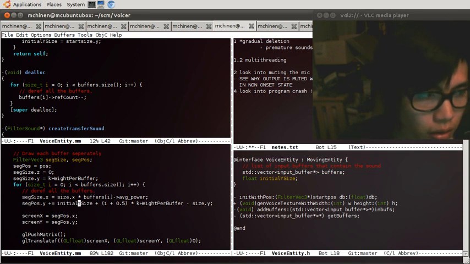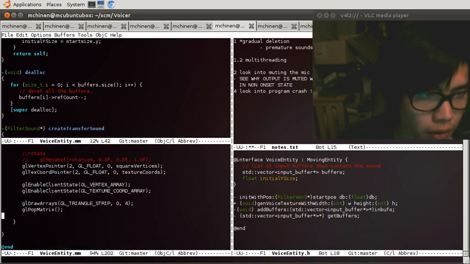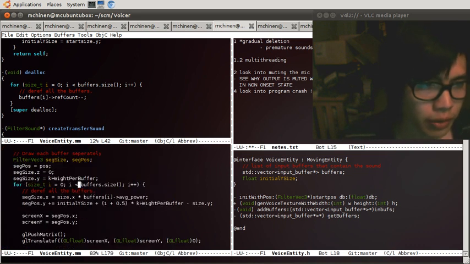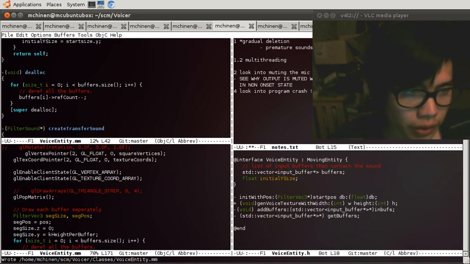What I'm going to do is comment out the larger block. I'm going to comment out the render for the larger block.